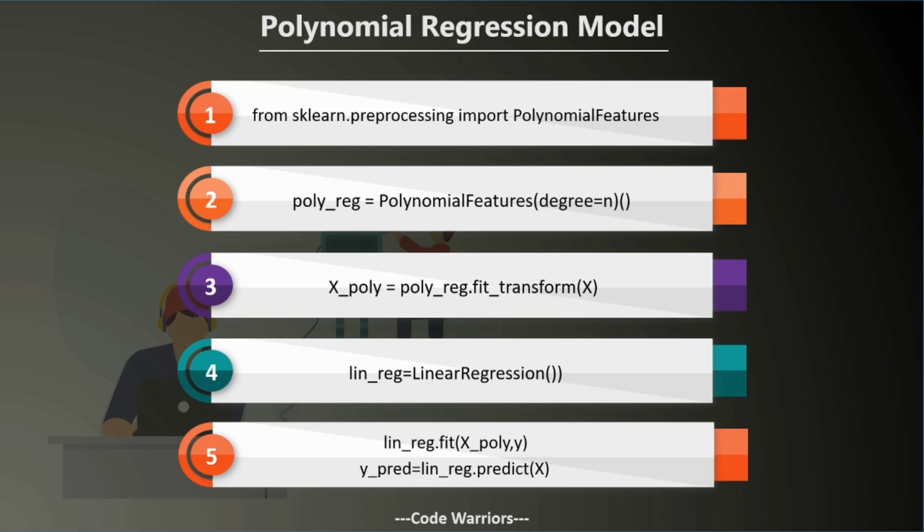Now all we need to do is create a linear regression model, and train or fit it on the polynomial form of our input and our output. So we are going to create an object of LinearRegression first, and then we are going to use the .fit function, in which we are going to pass X_poly, that is the polynomial form of our input, independent variables, and y, that is our output. Then we are going to use .predict to make predictions. In order to make predictions, we are going to pass X_test, that is our testing set, and the prediction will be stored in y_pred. Now that was all about polynomial regression.